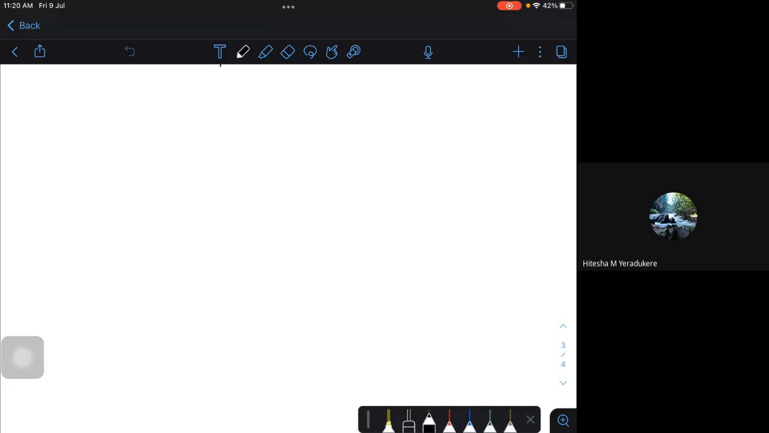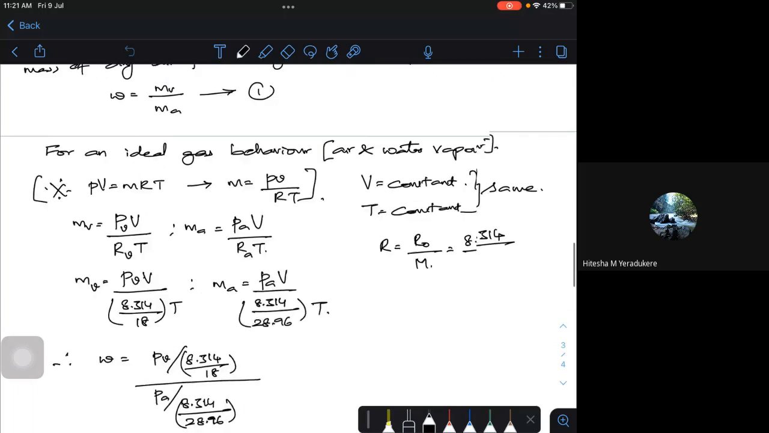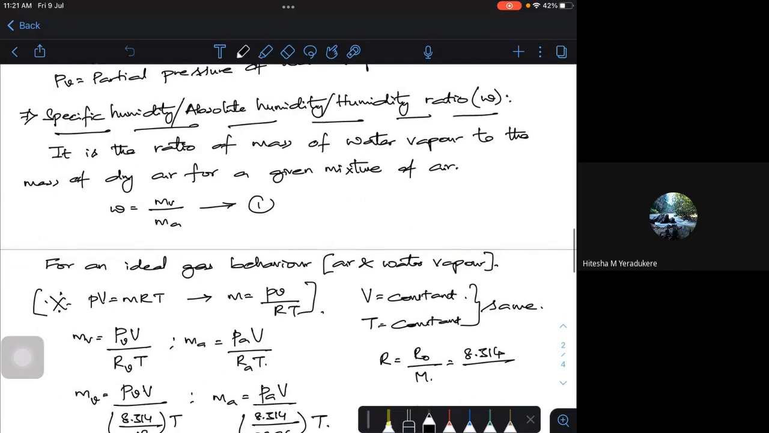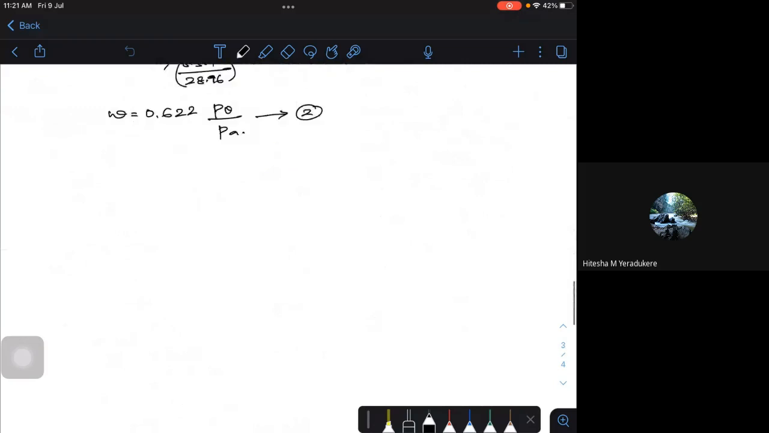Okay, fine. So we were looking at the psychrometry. The previous class we started up with, and we were looking at some of the important parameters or definitions. And the last definition we discussed was the specific humidity or absolute humidity or humidity ratio. So let's try to define the next definition, which is called